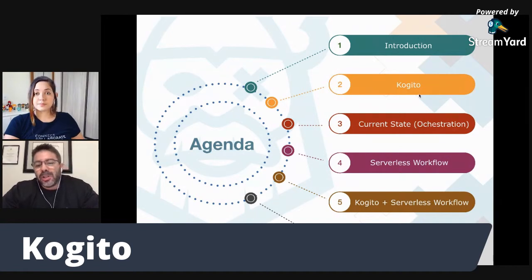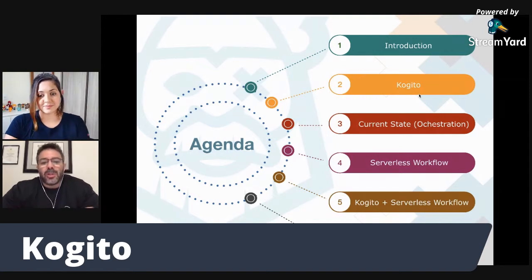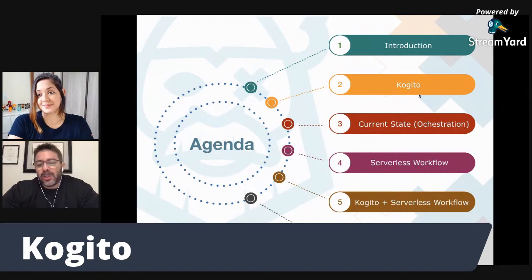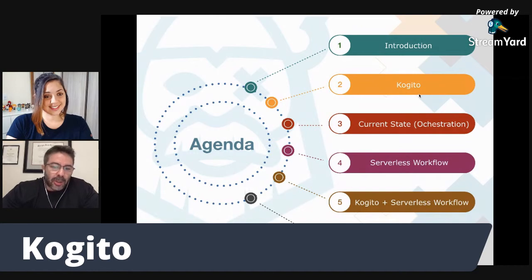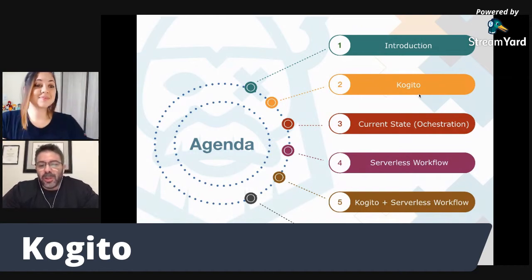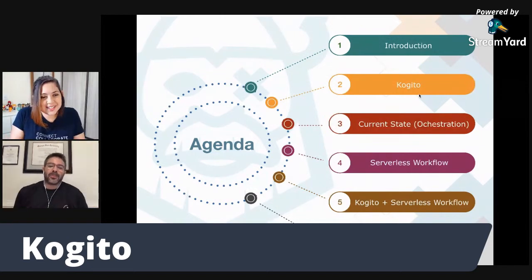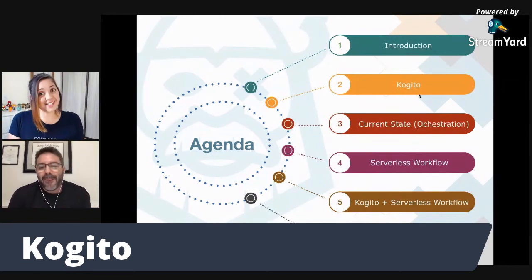We're going to look at the current state of orchestration, so serverless and workflow orchestration in general. We will then introduce the serverless workflow and the specification that we're using within our business automation suite. And we will take a look at examples and use cases on how the specification can be used within what we're doing. At the end, I plan to also show a demo of pretty much everything.